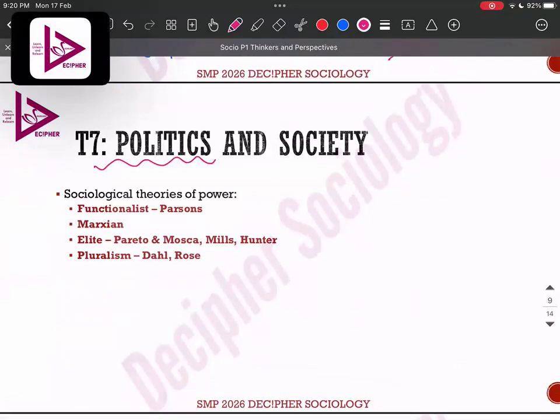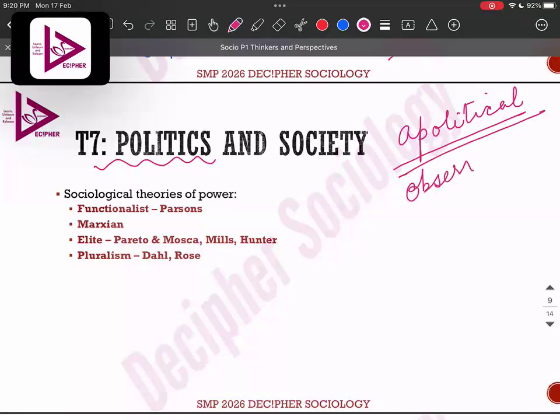Now, politics, very important. As a sociologist, you should be aware of everything which is happening in the political scenario. Although you should try to be neutral and apolitical, at the same time you should be a neutral observer, but you should observe what is happening. For example,